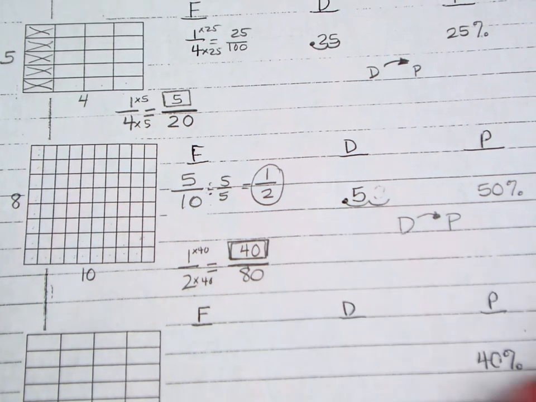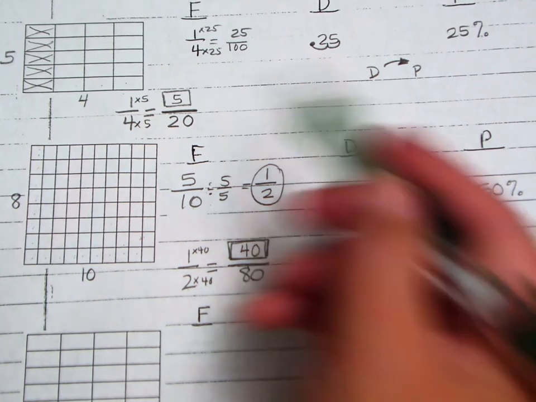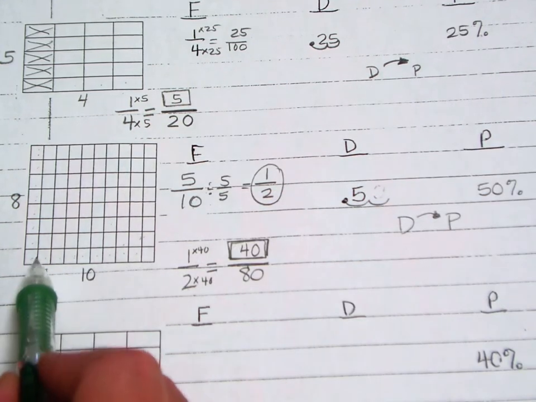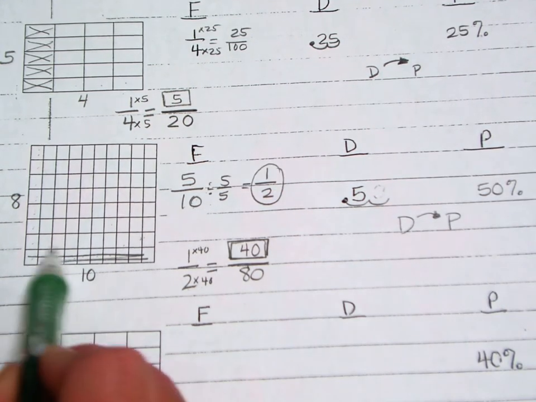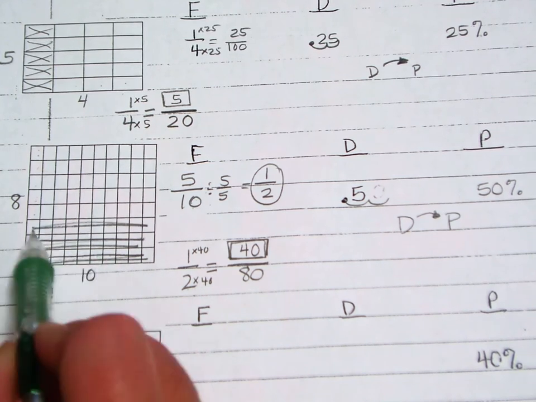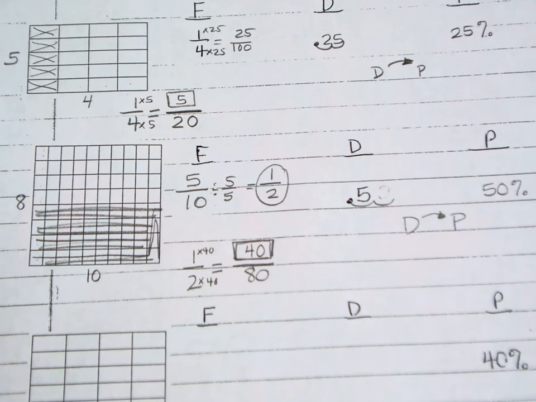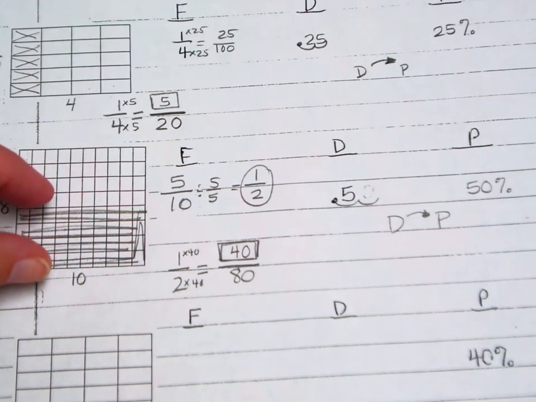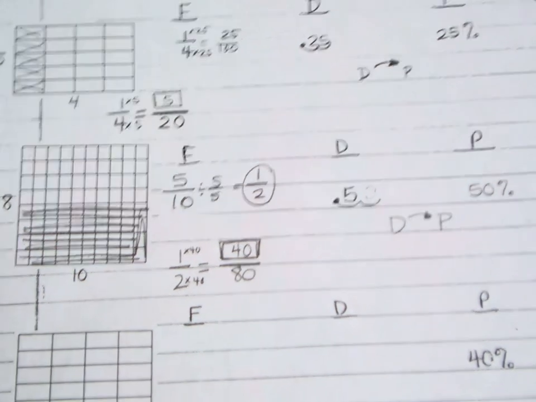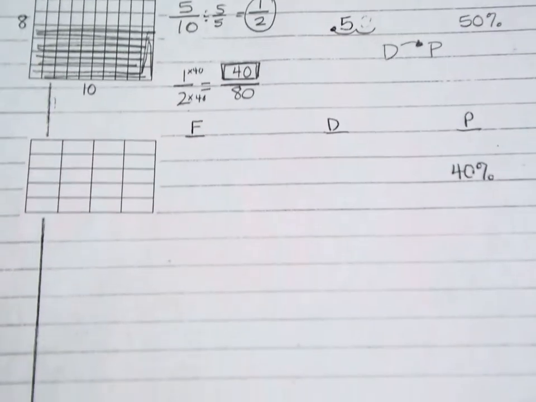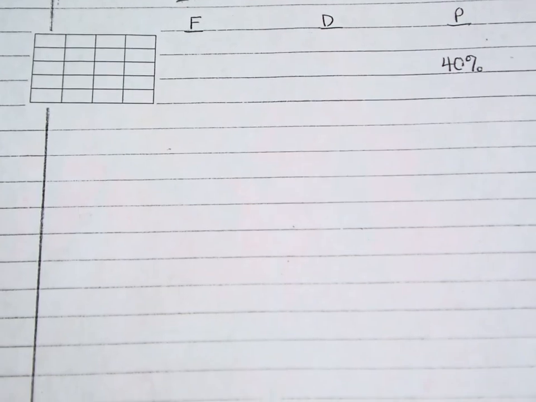Well, 40 of them. If I know that there are 8 in each thing, or I can go this way. I know there are 10 this way. So I'm going to color all of these. 10, 20, 30, 40. If you look at that, is that half of that square being shaded? Yes, it is. Okay, last one. We'll do this one together, and I will give you a practice